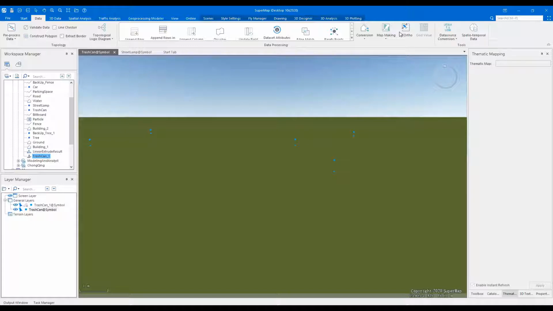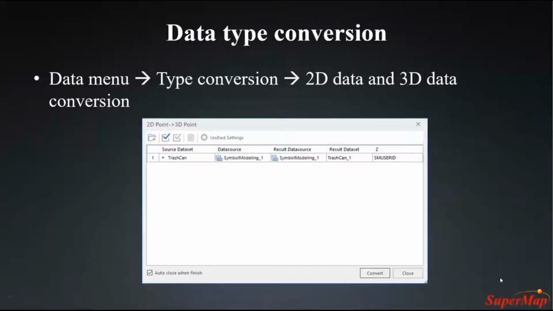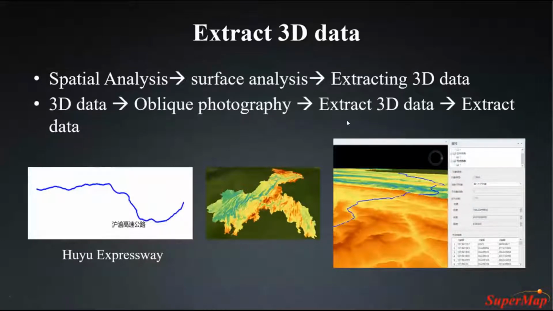That is the first method, and let's come back to the PowerPoint and look. Okay, the second is if you have the terrain data or the oblique photograph data, you could extract the 3D data. And the function is in the spatial analysis, in the surface analysis, and extracting 3D data. And for the oblique photograph, you could click this 3D data, oblique photograph, and extract 3D data to the extracted data. Okay, and then for this exercise,